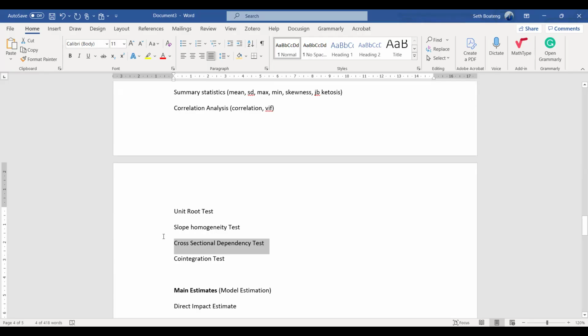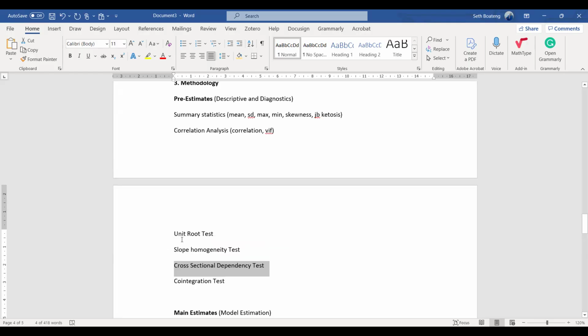That's why I said any of these that you are testing has its own implications for your model. So if you think you don't want problems, then don't test it. Maybe if you think you cannot run cross-sectional ARDL, then don't test cross-sectional dependency. But if you escape it, some reviewer will ask you to go and check it. And if you check it and there's a cross-sectional issue, then it will affect your model. So it's better you test it early, then you address it before you take your work for review.